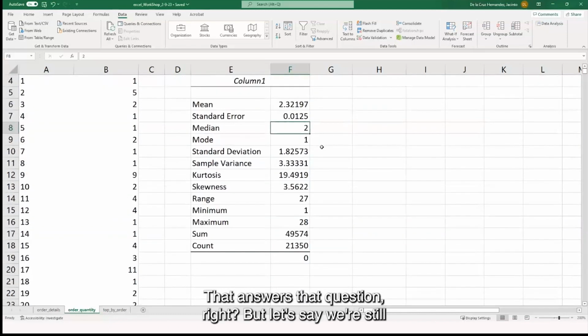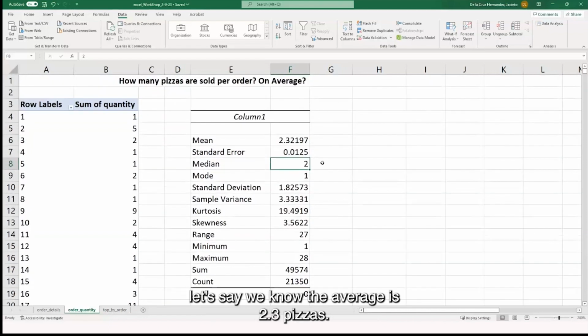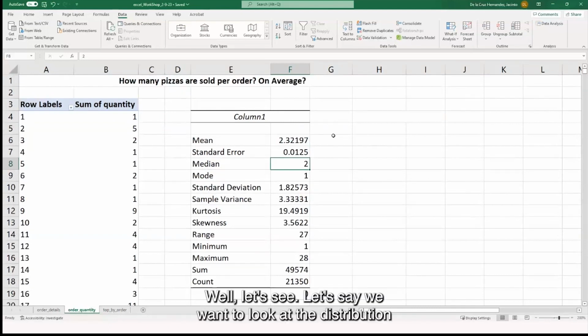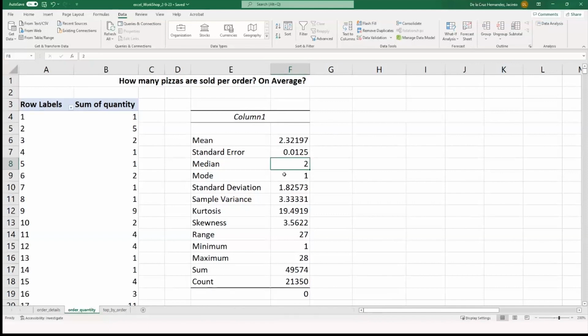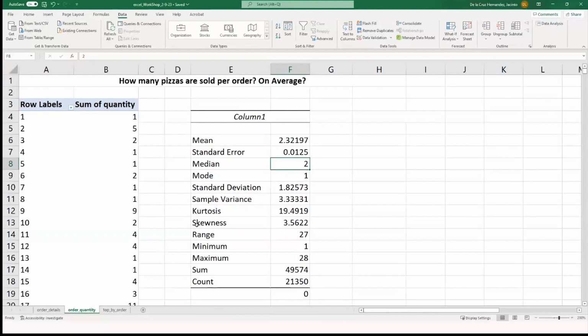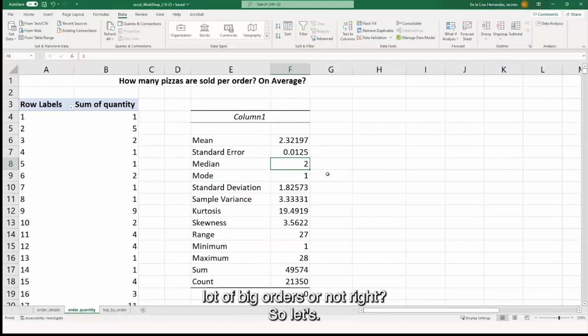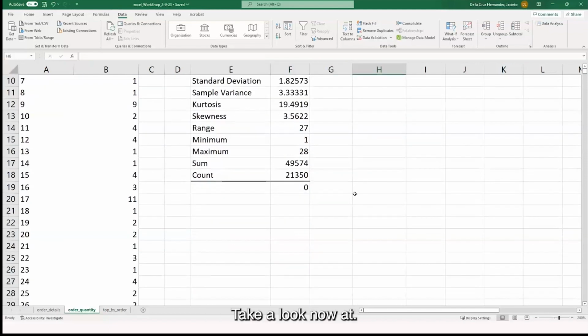But let's say we want to know how many ovens we need to buy for this. So let's say we know the average is 2.3 pizzas. But let's say we want to look at the distribution of these numbers, right? So if the average is at 2.3, we know that's where on our curve it's going to be the tallest. But we want to see where the rest of the curve is going. Is 90% of my data around the 2? Am I getting a lot of big orders or not? So let's take a look now at